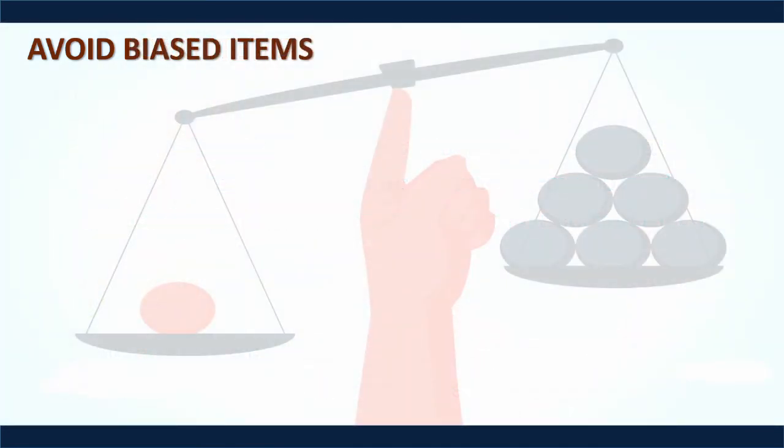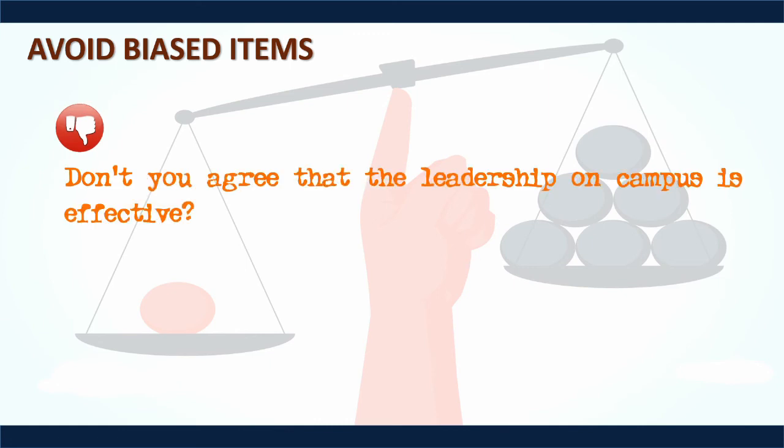The next recommendation or guideline is to avoid biased items or questions. Biased items tend to push respondents to an answer based on some established framework or assumption. A lot of biased items begin with "don't you think" or "don't you agree that?" A bad item for a campus survey on leadership would be, "Don't you agree that the leadership on campus is effective?" This item is biased because it's pushing respondents to agree with an already established assumption that leadership on campus